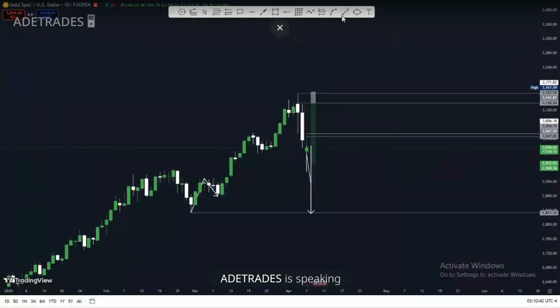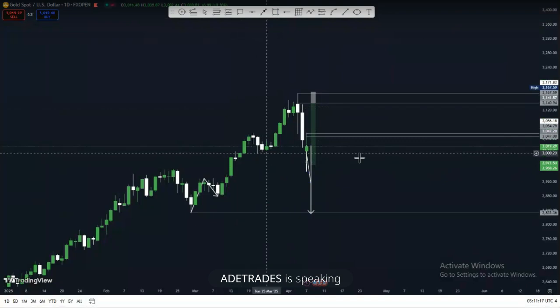Gold broke. If you go to the lower time frame, 1 hour, 4 hour, 30 minutes, you see that this area that I'm marking out, there are also structures. They're like higher lows, higher highs, higher lows, higher highs. So gold broke two structures. Gold broke a swing structure. This is a swing structure. This is more of like a structure, but not really a structure. But if you go to the lower time frame, you see this as consolidation. So it's more of like a structure. So gold broke two structures.